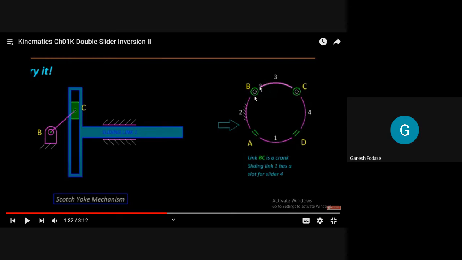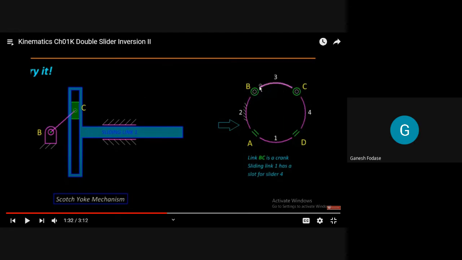So we see in these 4 pairs, B and C are turning and A and D are prismatic. Now you see here, link number 1 is completely having prismatic pair on both sides. That is the slider here. And you can see this link number 2, which is fixed here. Now, which one is link 2, that we'll see later on. This link is fixed, which is having sliding pair on one side and turning pair on the other side. So this is the mechanism obtained.